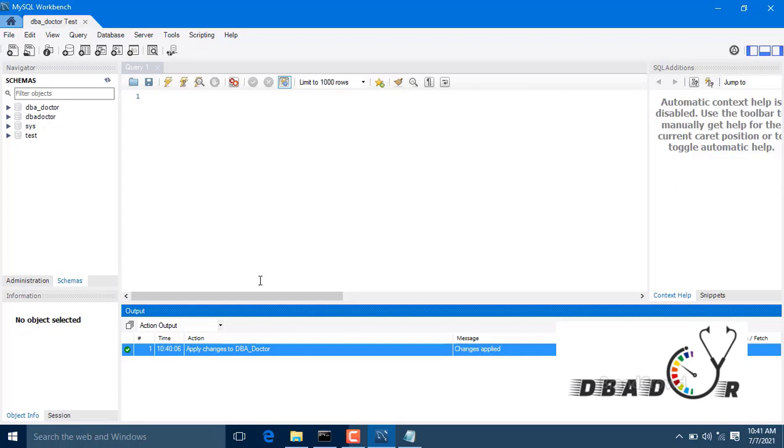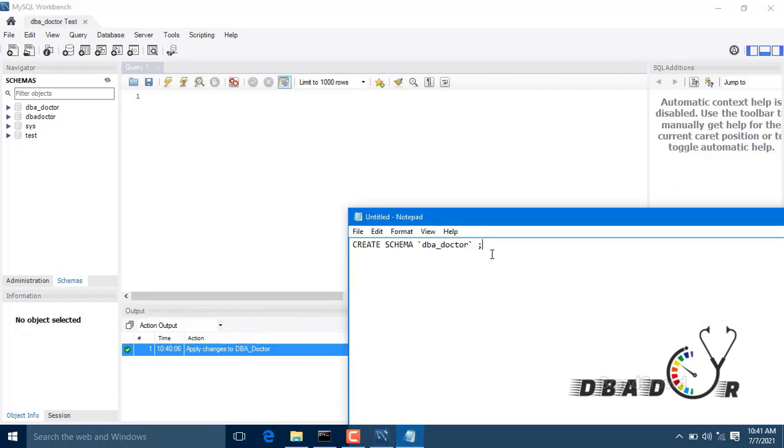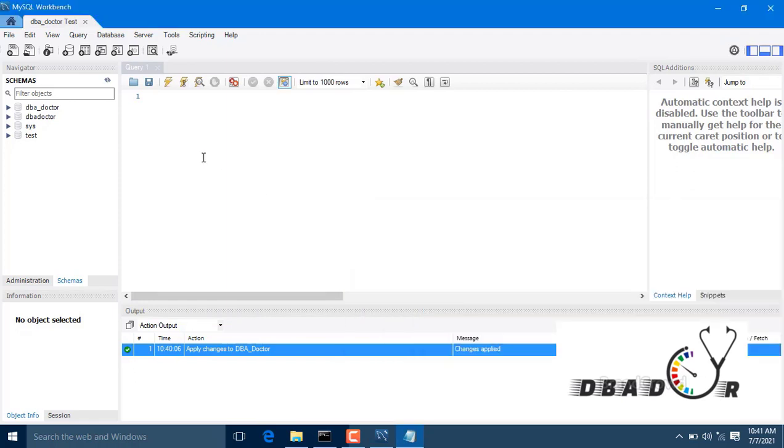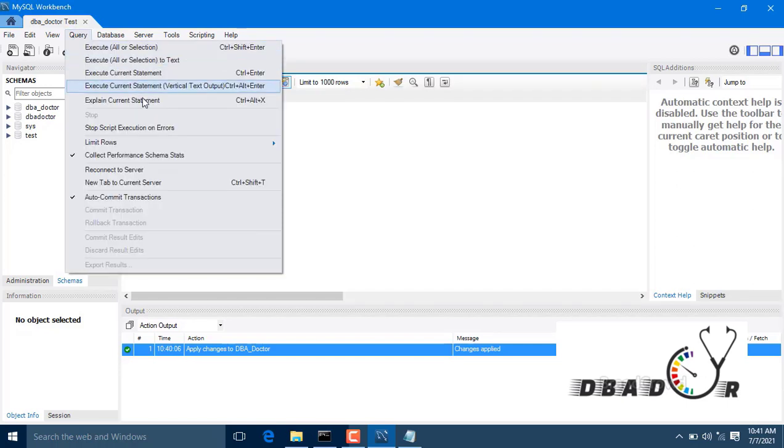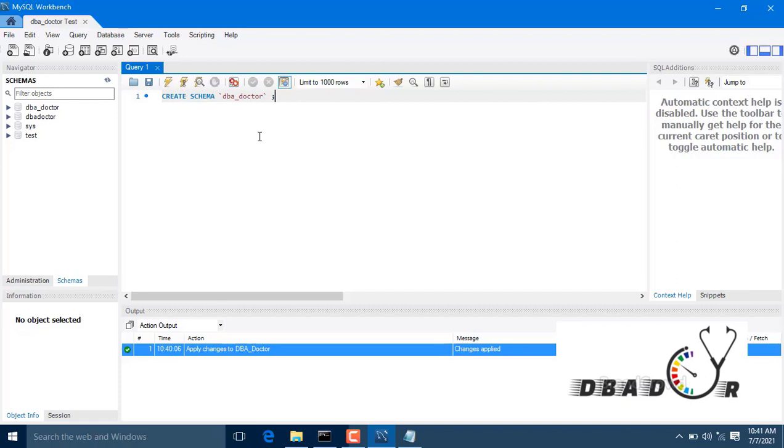If I want to execute the same script here at query level, what we have to do is, under Query, the query executions come from here: query selection, all query-level statements. Once that comes, you have to type it like create a schema. This one is already done, so I'm going to create another dba schema.